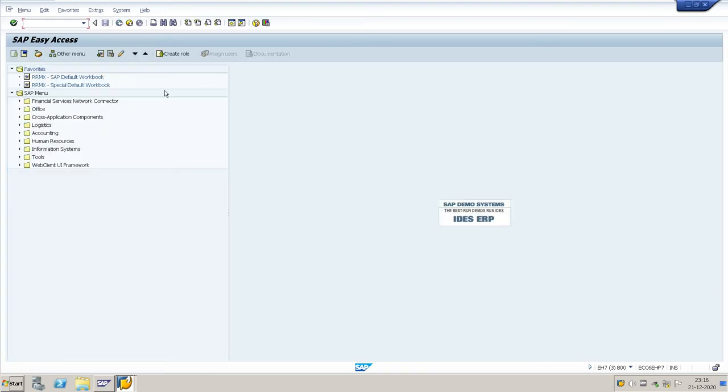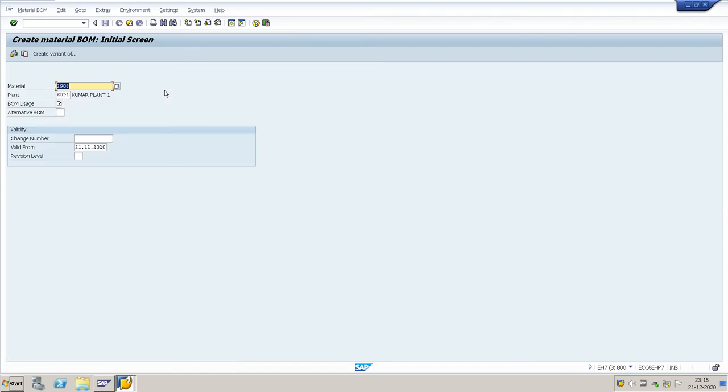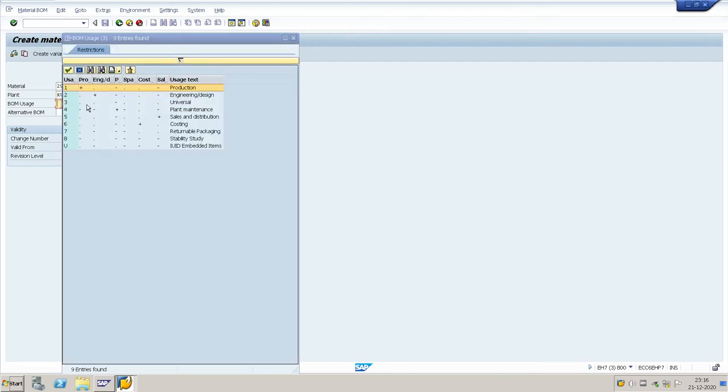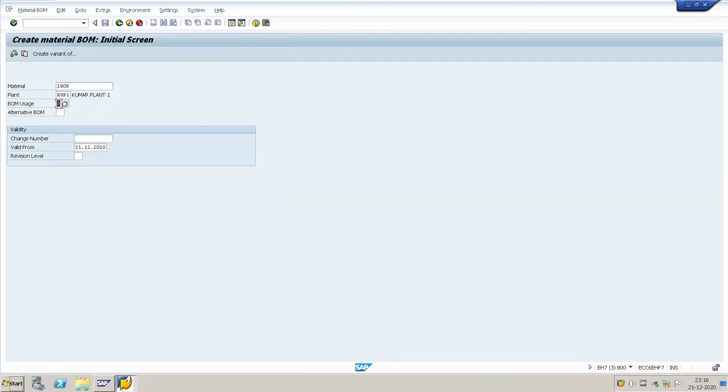Now create the BOM, bill of material, for the finished goods. T code CS01. Give the finished material, plant, BOM usage 3, which is universal. Enter.